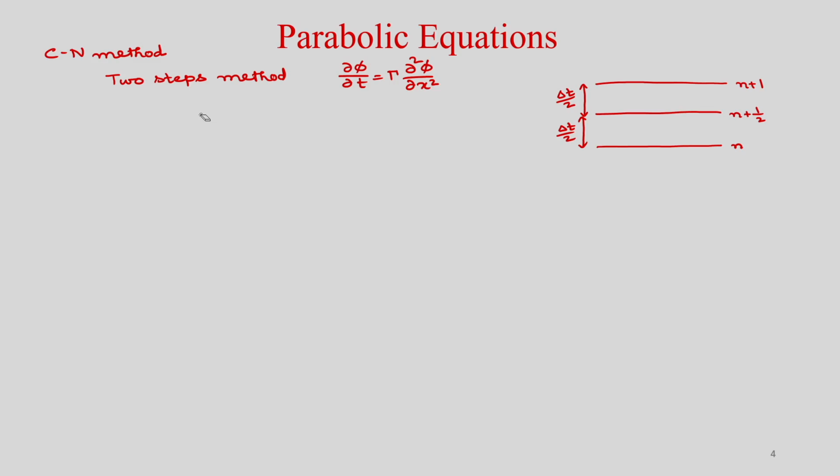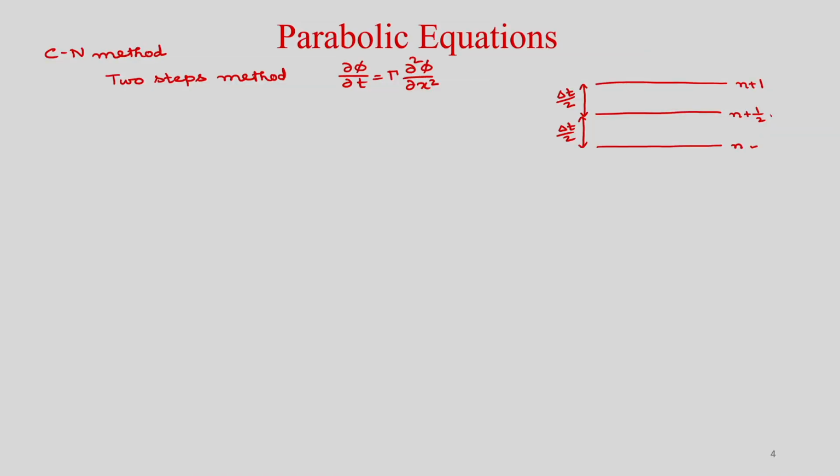So, now you see that this Crank-Nicolson method you can think of as a 2 step method. Where you will use first from time level n to n plus half FTCS, which is your explicit method, and from n plus half to n plus 1 you will consider BTCS, which is your implicit method. So, you are moving from n to n plus half, the time step is delta t by 2, and you use the FTCS method here. And when you are moving from n plus half to n plus 1, again the time step is delta t by 2 and you use BTCS, which is your implicit method.